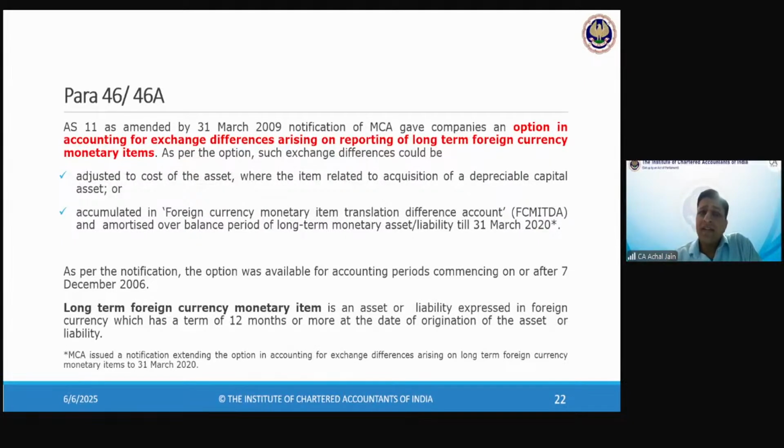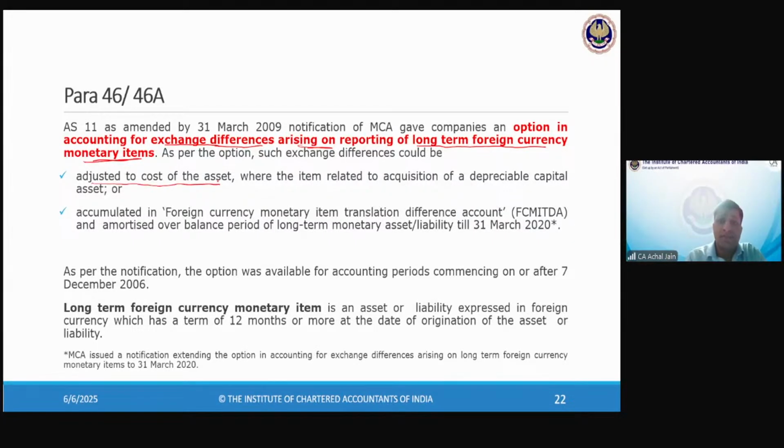See, as per AS 11, if you have any exchange difference, where do you take it? P&L. Correct. You take it to P&L. But in respect of exchange differences arising on long-term foreign currency monetary items, there's an option which is available. What is the option? You can adjust this to the cost of the asset,